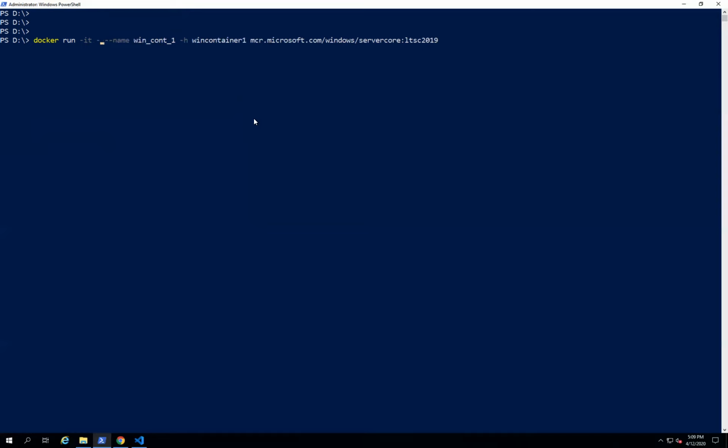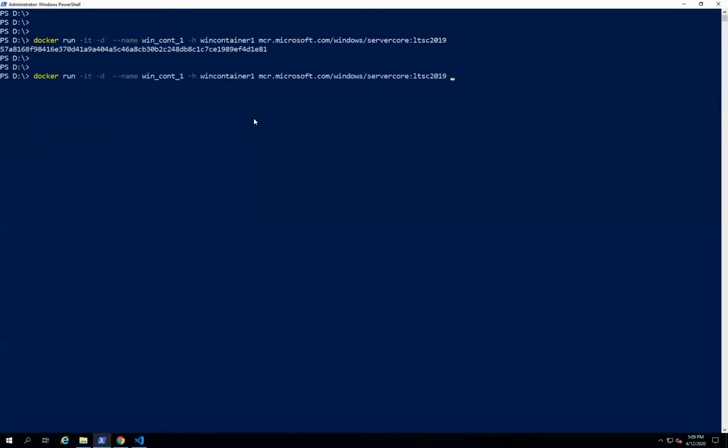So for that, I will provide the -d option. All right, so I'm going to run one more container. I'll assign a name to this container as container 2, and the hostname is win container 2. All right, this is also created.